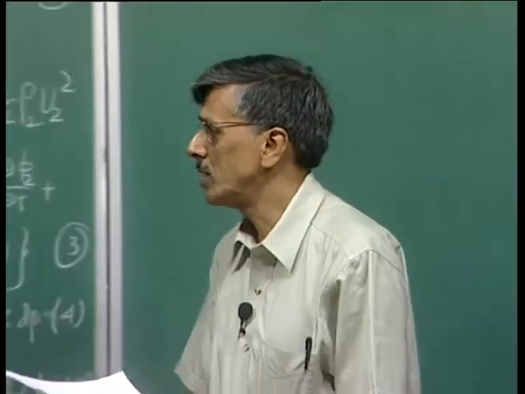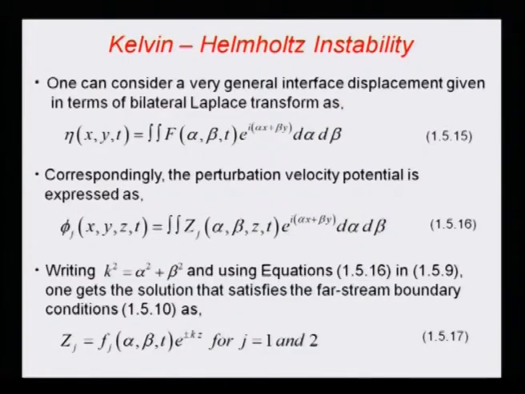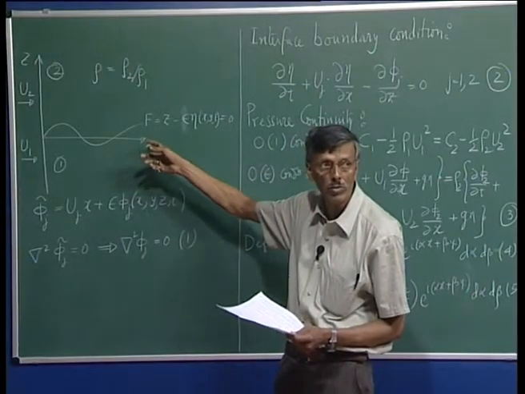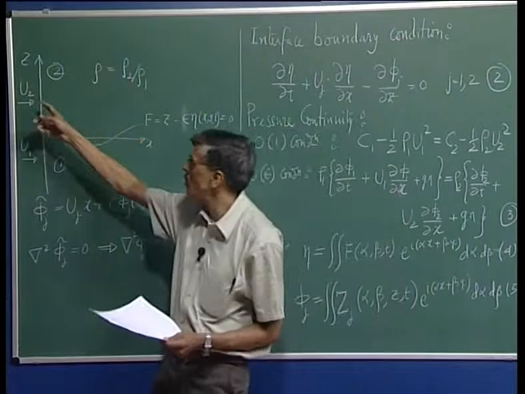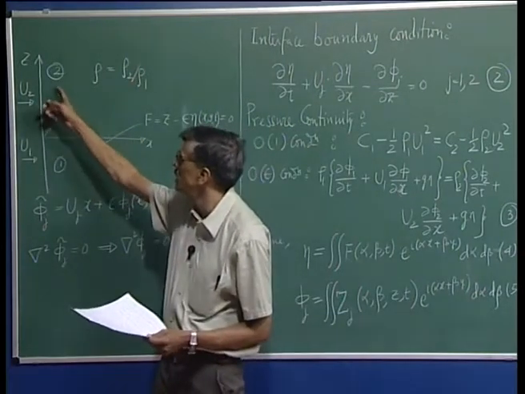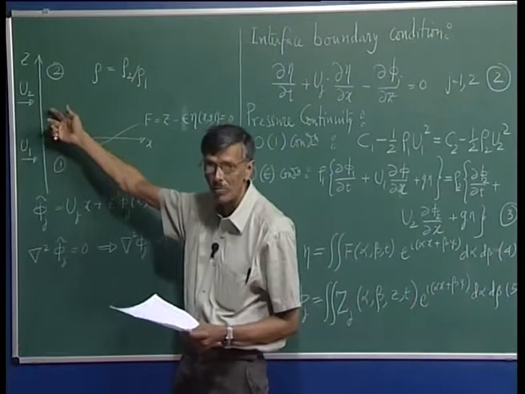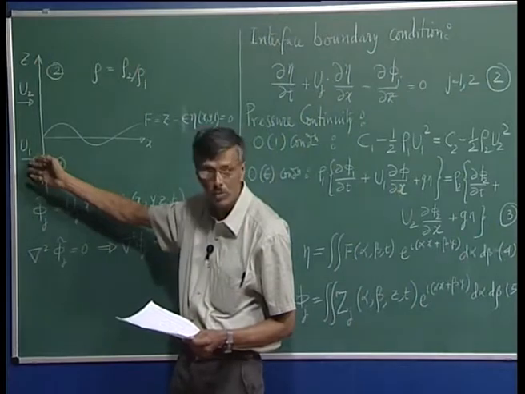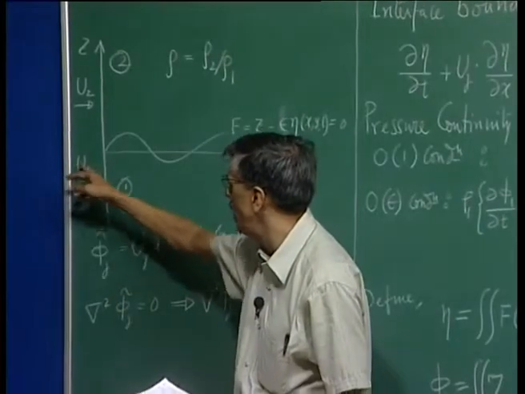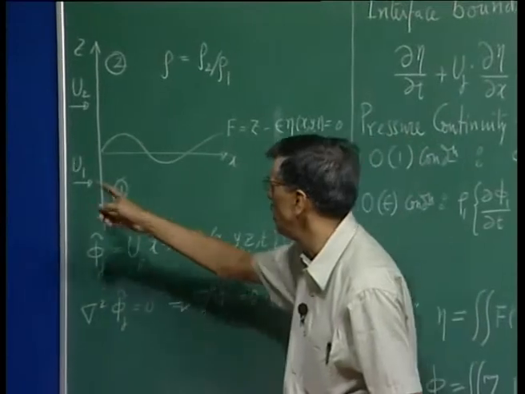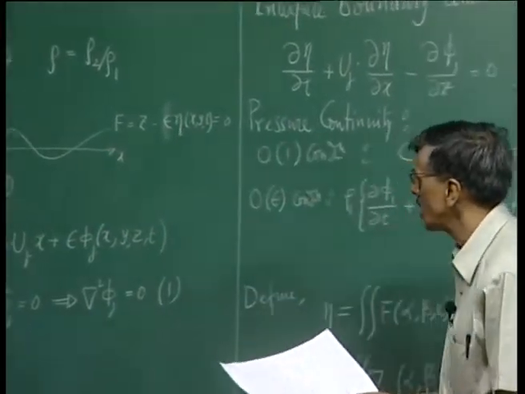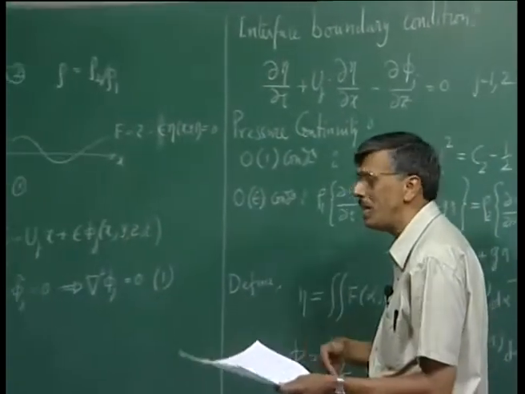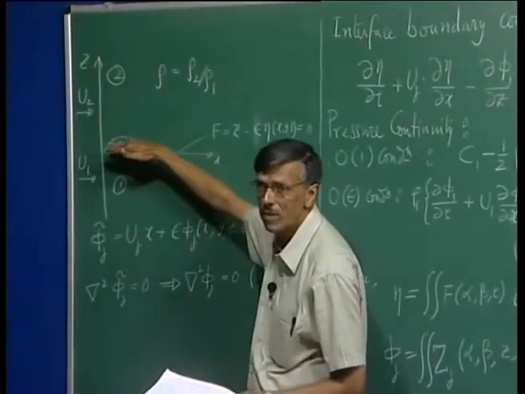Let us continue our discussion on Kelvin-Helmholtz instability, which basically studies the instability of an interface between two liquids. The top liquid may have a density rho 2 and the flow coming from left to right is u 2, while below the interface you have a fluid of density rho 1 and the uniform flow u 1. For such a flow configuration, we want to study initially, let us say the interface is given by z equal